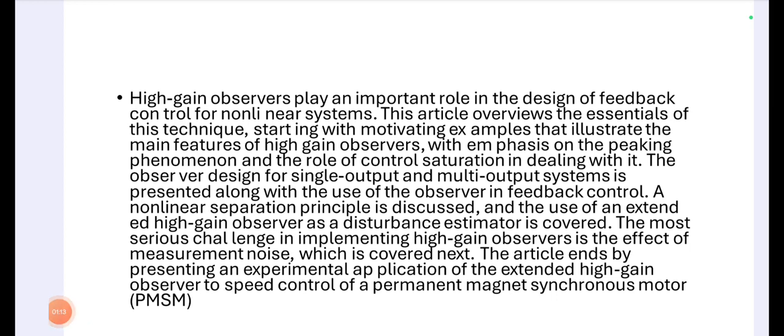High gain observers play an important role in the design of feedback control of nonlinear systems. This article overviews the essentials of this technique, starting with motivating examples that illustrate the main features of high gain observers, with emphasis on the peaking phenomenon and the role of control saturation in dealing with it. The observer design for single output and multi-output systems is presented along with the use of the observer in feedback control. A nonlinear separation principle is discussed, and the use of an extended high gain observer as a disturbance estimator